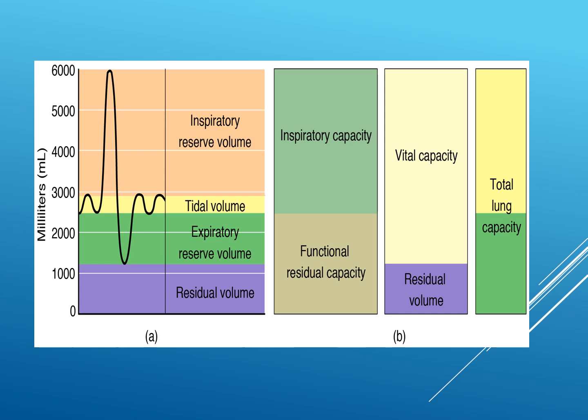And the expiratory reserve volume is the amount of air which can be expired beyond the normal expiration, from here to here. So the tidal volume is 500 ml, inspiratory reserve volume is normally 3000 ml in an adult male, and expiratory reserve volume is 1100 ml in a normal adult male.